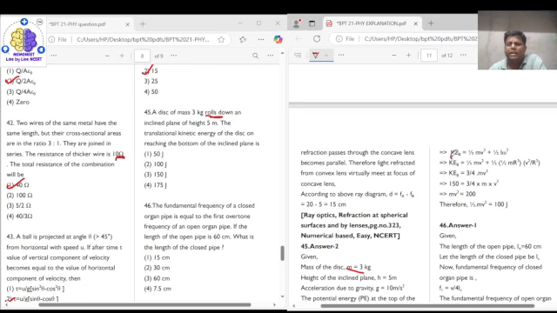So kinetic energy at B will be equal to half mv square plus half I omega square. I is equal to half mr square, right? And omega is v by r. So v by r whole square. Putting all the values and solving it, we get kinetic energy at B is equal to 3 by 4 mv